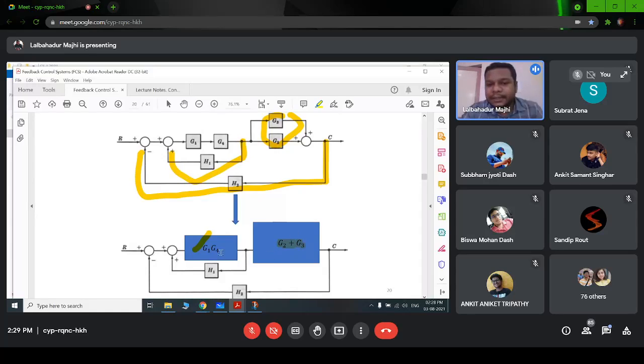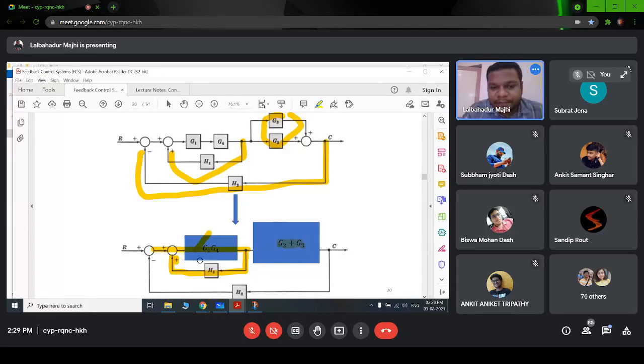Next we have to see any series, parallel, or feedback path. We can see the direction of the arrow for this block is in this direction, and the signal of this H1 is in the opposite direction, and then there is a summing point. That means it is a closed loop, or feedback path. So let's see, this is a positive feedback system, right?